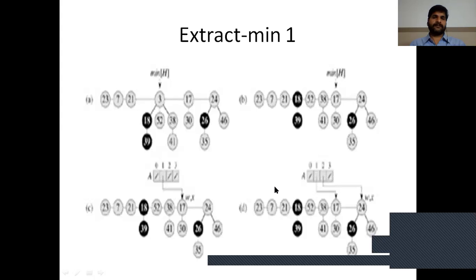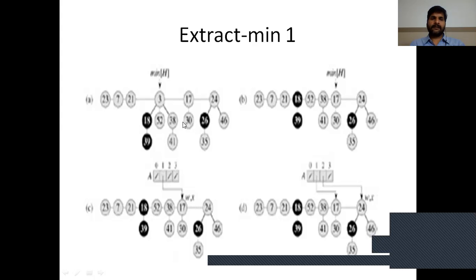For example, check min key. So the given Fibonacci heap is this. We want to extract the minimum key. The minimum key equals 3. If we extract the minimum key 3 from this Fibonacci heap, then